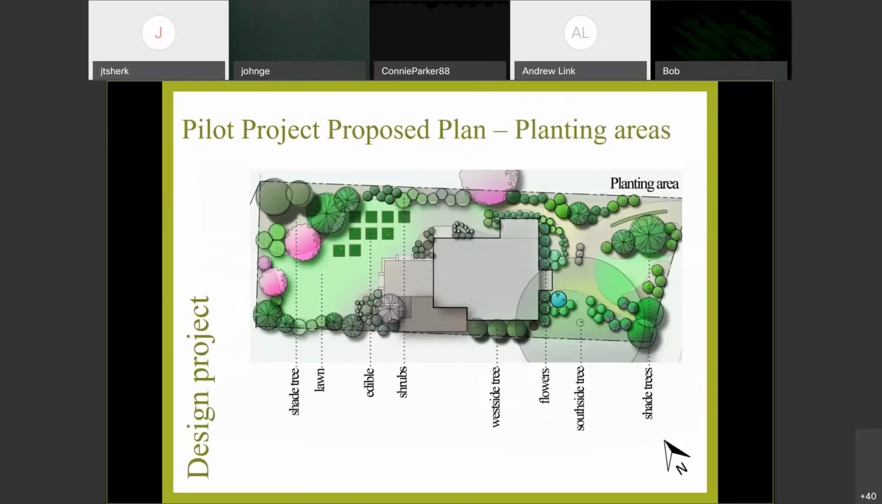So after my students do their research, I have them apply it to a site. So this is a residential site that my student applied what she discovered. And what she discovered were these categories that were necessary for residential landscapes. One of the most significant ones was the south side and west side trees and the impact those had in